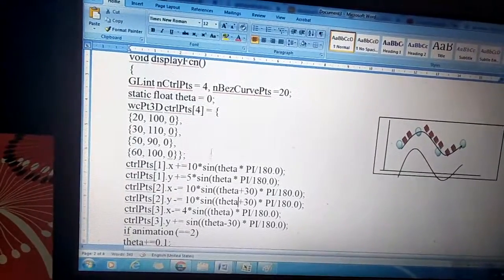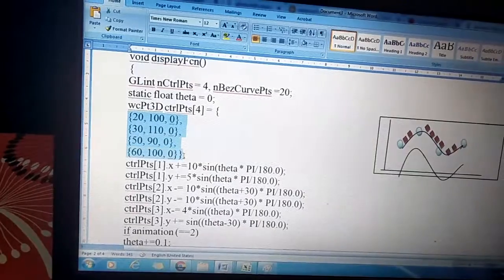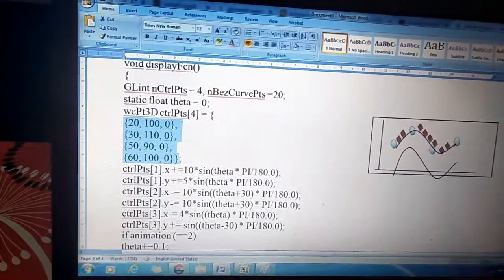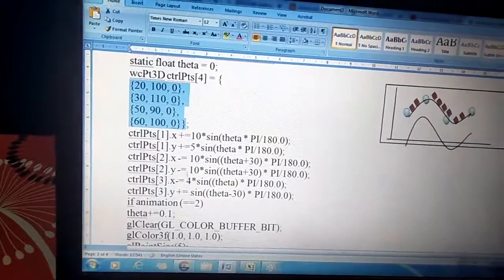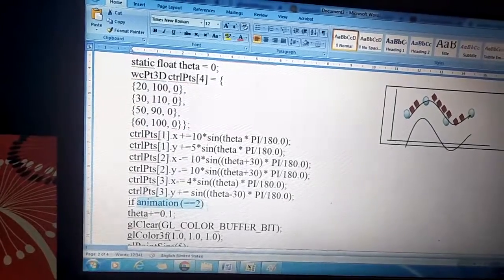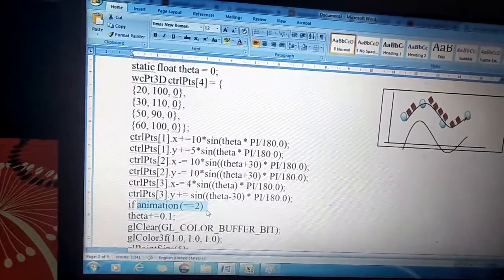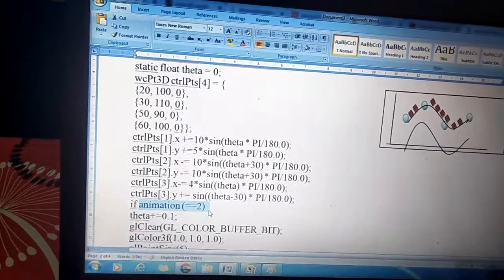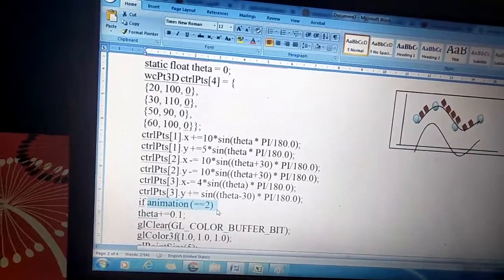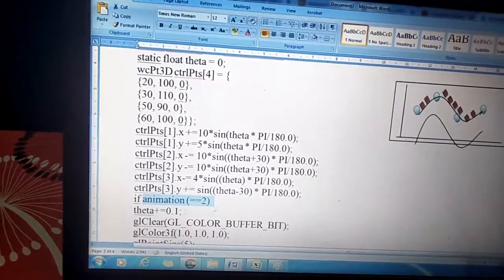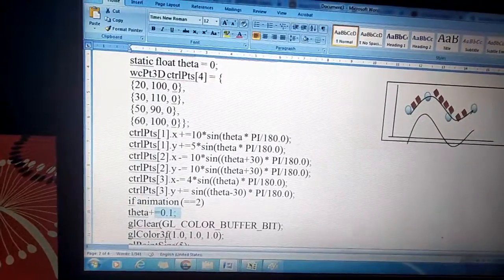It was 0. So what you'll get is the actual coordinates itself, so you'll get just a static flag. If I want an animation, means if I am taking animation equals 2, what was the second option in the menu? So if the flag animation is set, I'll be changing the theta value.